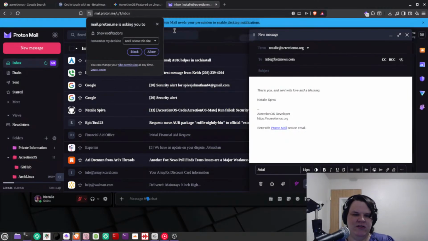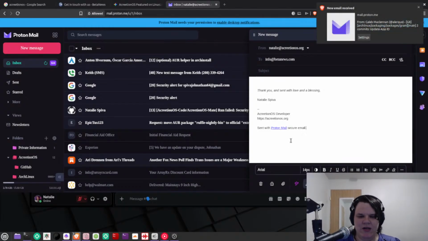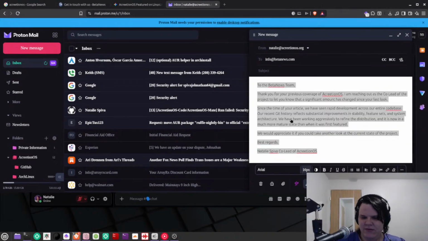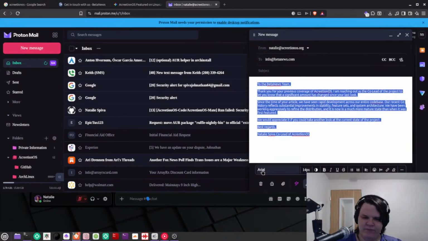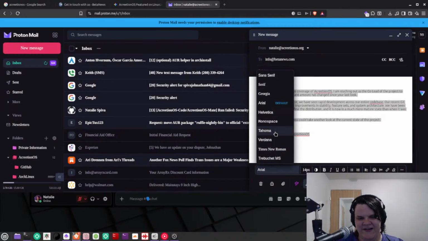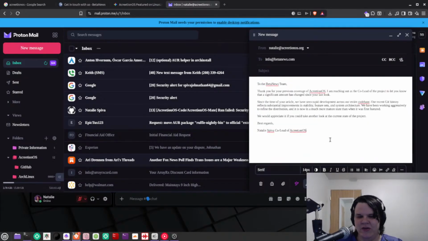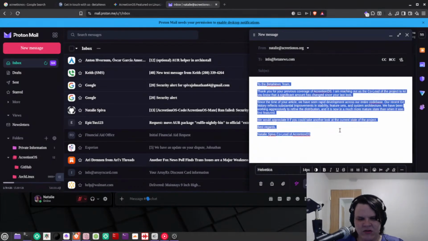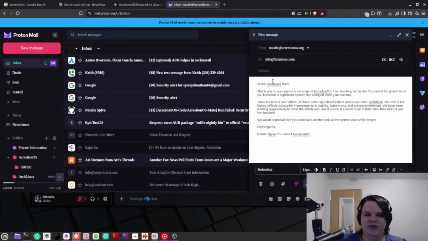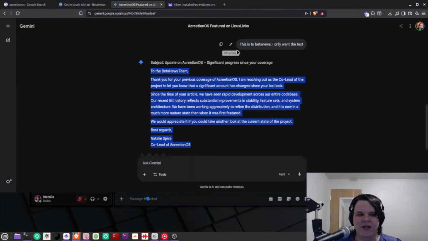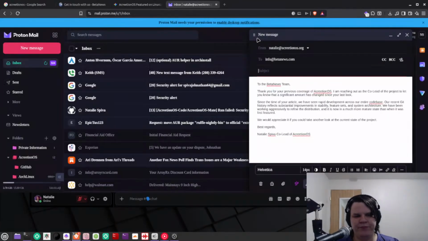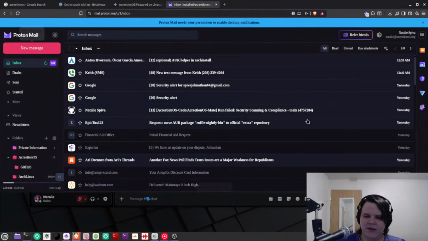One of the downsides of the way that they do their stuff is, yeah, you have to manually change things like this. They use open source fonts, so we're not gonna use Arial. It's bad. We're gonna use Serif. No, but now it looks AI generated. Well, I believe that's close to it. I'm gonna use the subject that it generated though, because it's much easier. I'm gonna do this, and send. Cool.